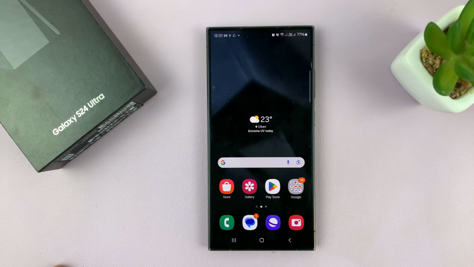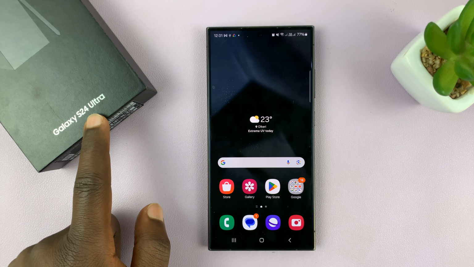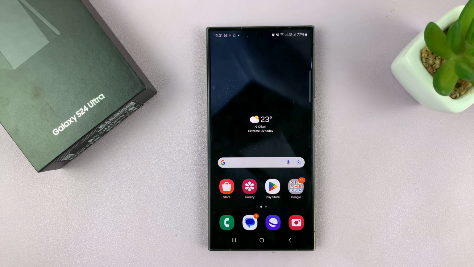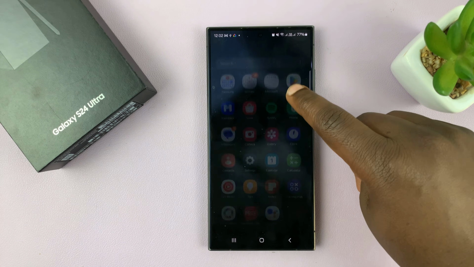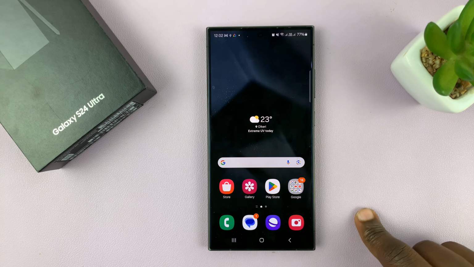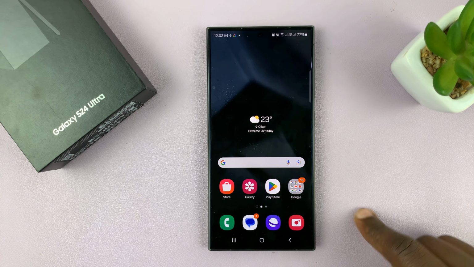I have the Samsung Galaxy S24 and I'll be showing you how to show notification contents on the lock screen. I'm using the S24 Ultra for this tutorial, but this works on all the Galaxy S24s. So if you want to be able to see the contents of notifications right from the lock screen, then simply